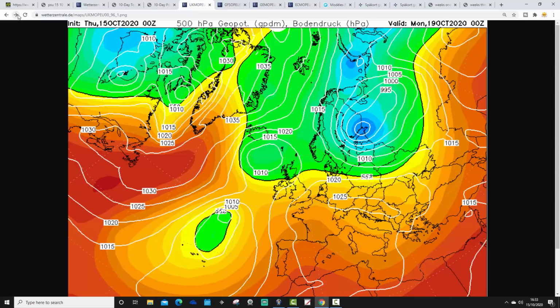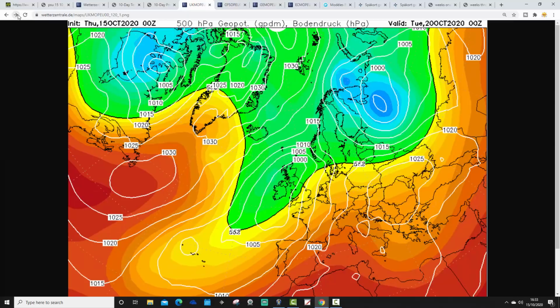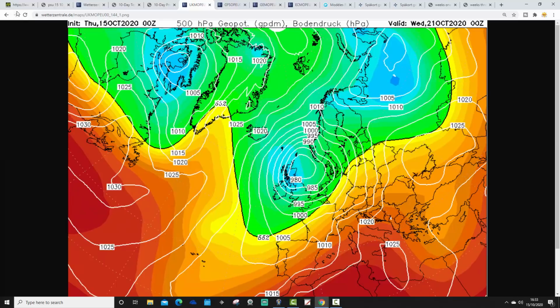Into the early part of next week, probably still just about hanging on to dry weather in the south on Monday, but turning more unsettled in the north. And by Tuesday, all areas will be seeing rain, with this area of low pressure spreading in from off the Atlantic, turning wet and windy and quite cool too by the time we get through to Wednesday next week, Wednesday the 21st of October, which is 144 hours, as far as we can go with the UK Met